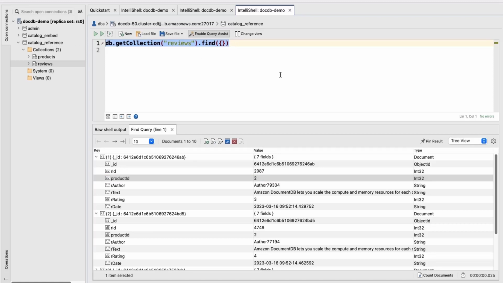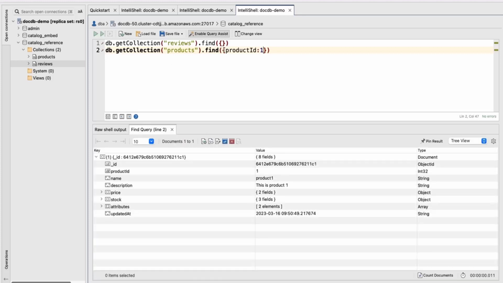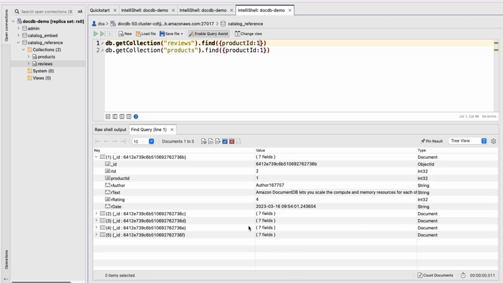The first option is to execute a query on products, get product ID 1, and then do a second query on the reviews collection, again filtering by product ID 1, and then merge the data in the application. The advantage here is that even though you are doing multiple queries, you retrieve smaller documents since everything is separated.